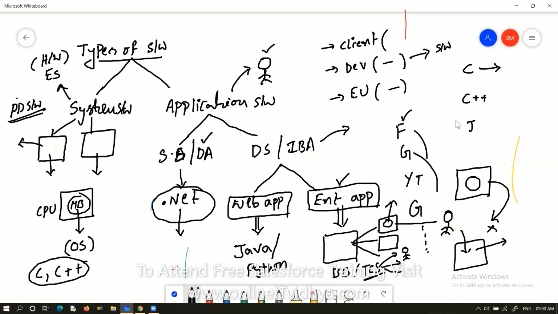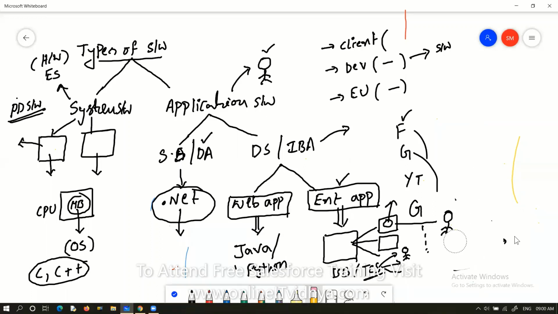We have different varieties of enterprise applications. Something like a product management application. I will just give you some examples.